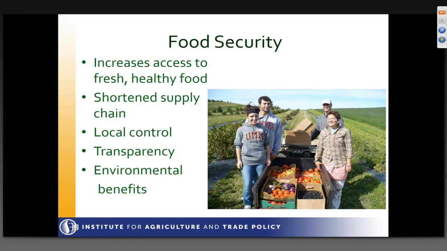So this has all been about the different benefits that these programs can have with your communities and your kids and your farmers. Another thing that's near and dear to my heart is the access to healthy foods. And one thing that I really love about localized and decentralized food systems is that it's giving the control of that food system to the people who are actually participating and eating that food. And we know that a lot of kids, when you're talking about the increased nutrition that Mary Jo was just talking about,